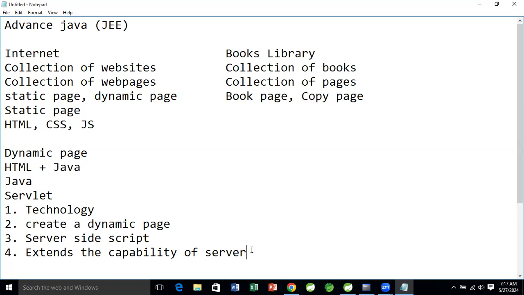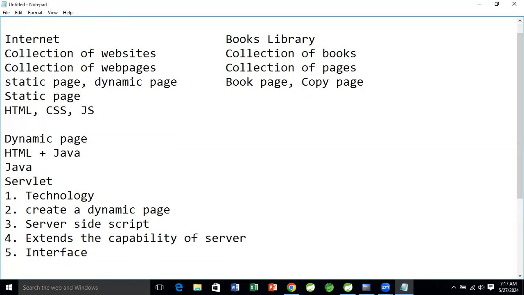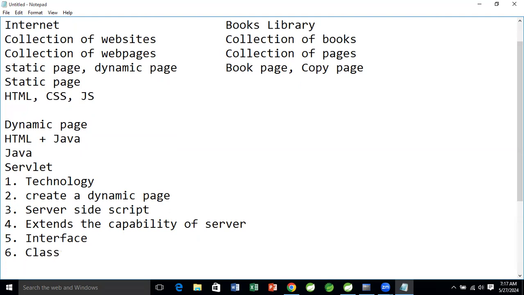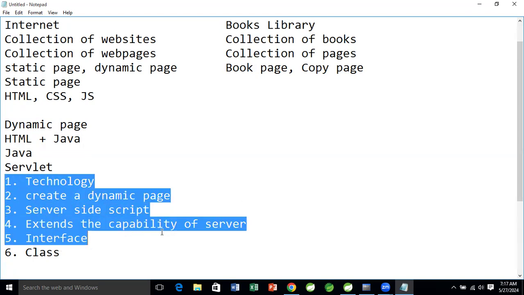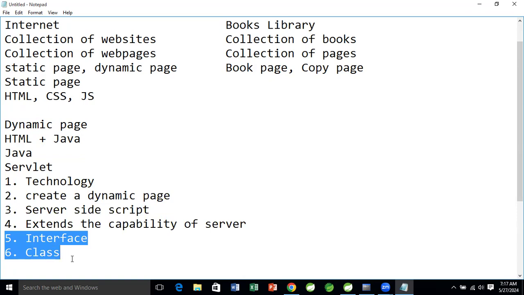And fifth, it's an interface. And sixth, it's a class. What is the meaning of this? Both are interface and class. So actually, the first four are characteristics of a servlet, but we will use it as an interface and a class. What's the meaning of this? First,